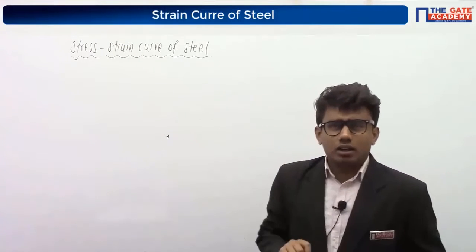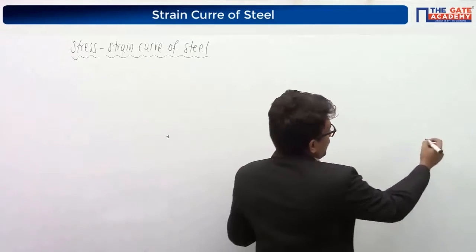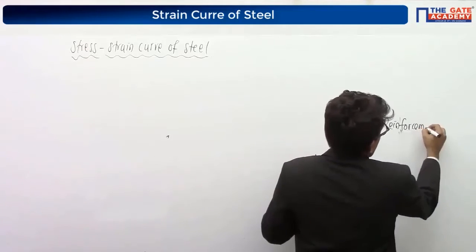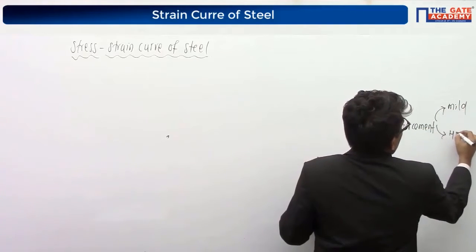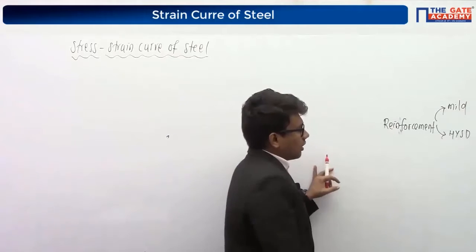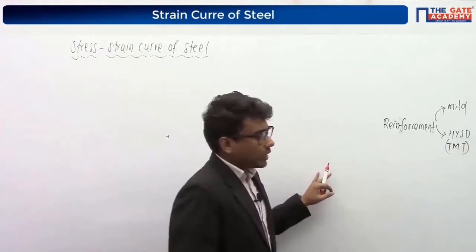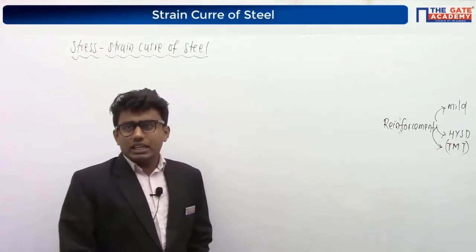See, what are the different types of reinforcement we usually use in concrete? Any idea? What are the different types of reinforcement we generally use in reinforced concrete? Yes, Raushan, exactly. Different types of steel are available. Actually, we have mild steel bars, and we have HYSD steel bars, and TMT steel bars are also there. TMT, that is thermomechanically treated steel bar. I am going to consider it as a third one. These are the three types of reinforcement we generally use.